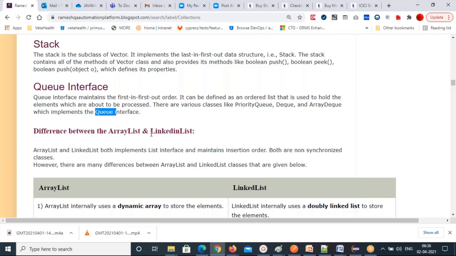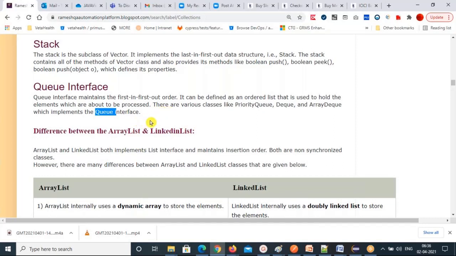Whereas set is implemented by hash set, linked hash set, and tree set. So DQ is implemented by linked list and also array DQ. So this is the hierarchy you need to explain.